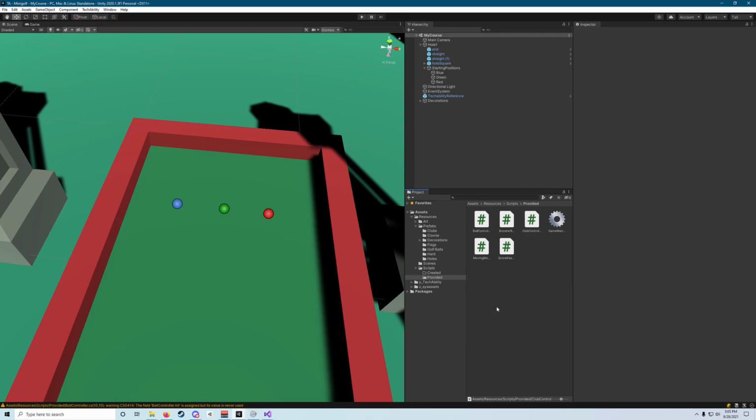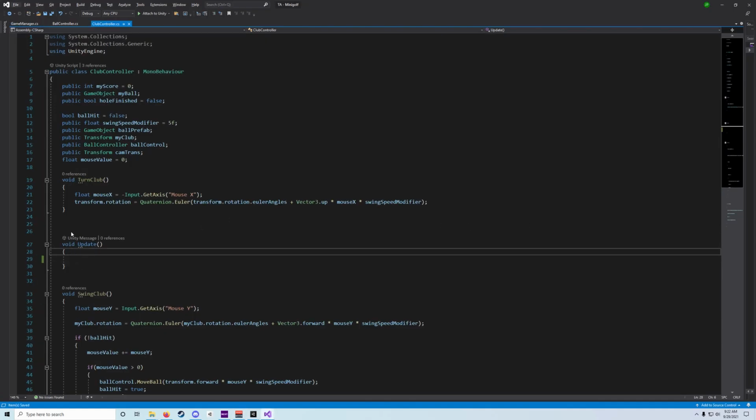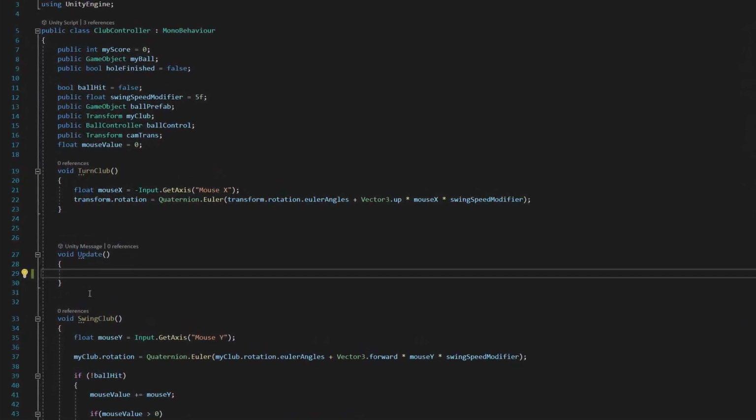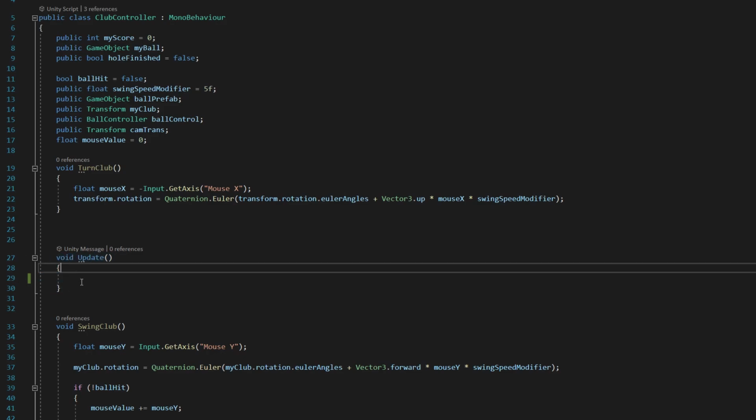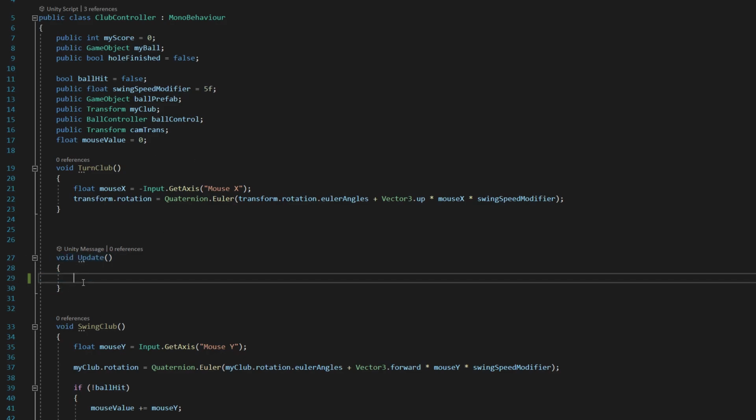All right, the last piece of coding that we're going to do for this club controller script is fill out our update methods. Let's go ahead and open that script back. So we're going to find that empty void update somewhere in our script. It could move around depending on where we've put some of our other code, but we're looking for this void update method. And what we're going to do is add a couple conditionals here to determine or run code based on